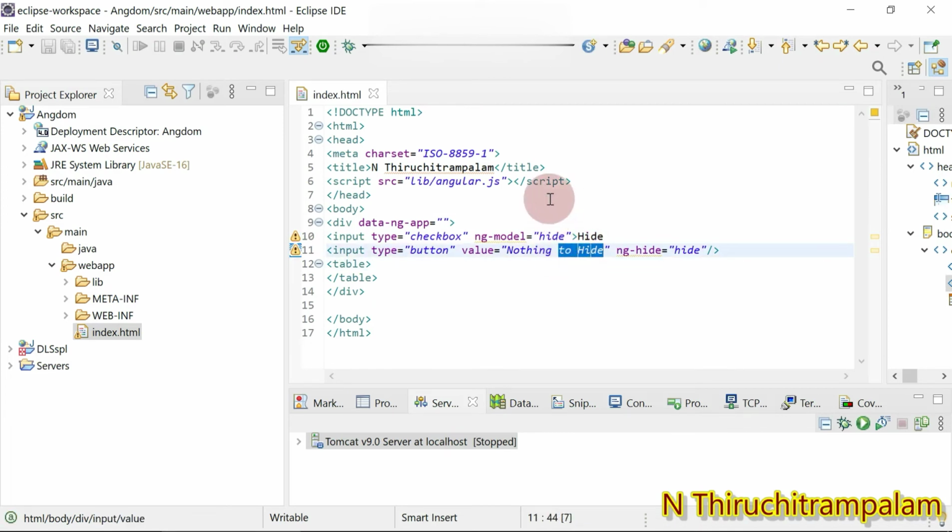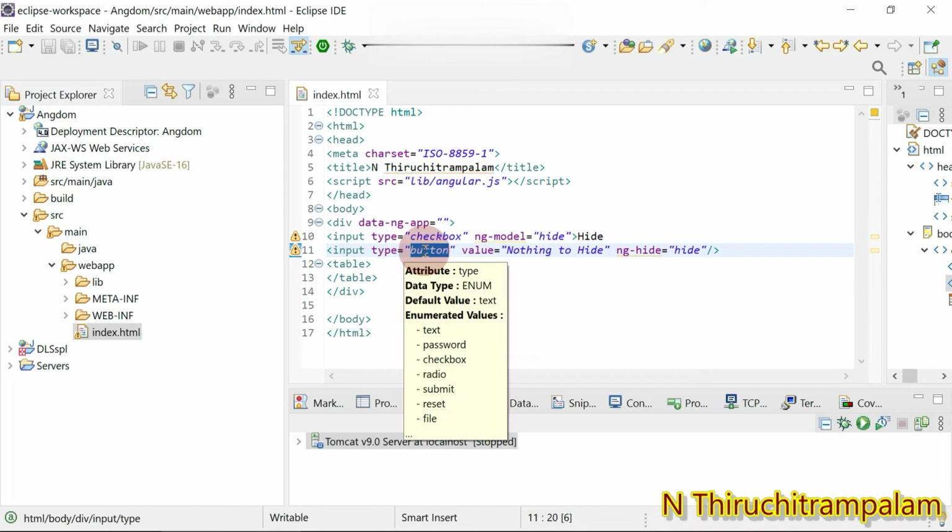So when I click on the checkbox, when I enable the checkbox, obviously this button would disappear. When I remove the tick mark, then this button would be displayed.